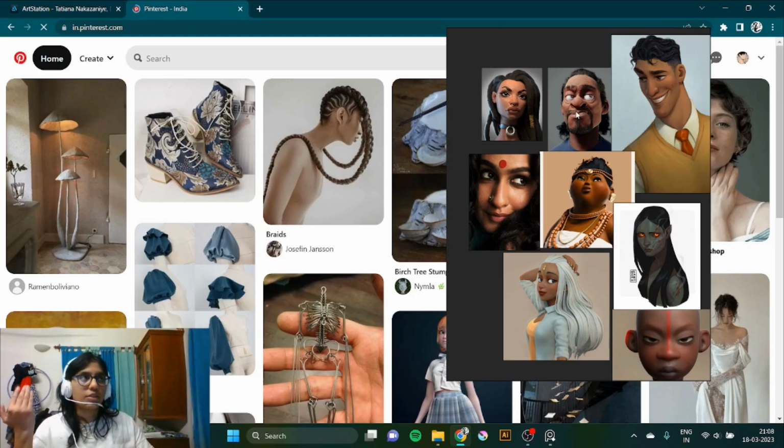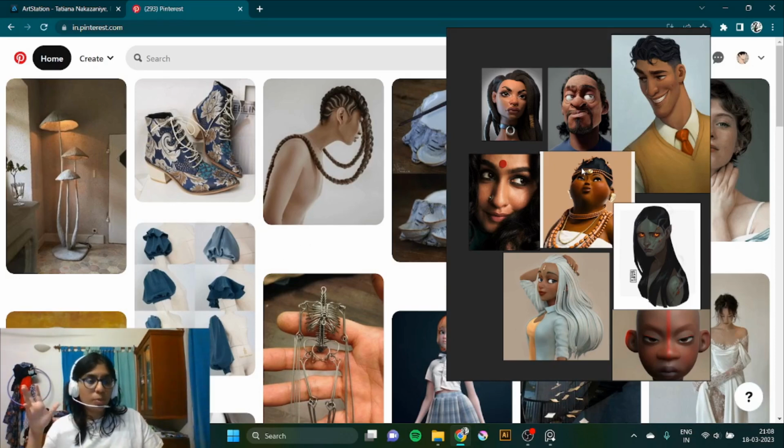And obviously, clothes and hair, and things like that are always informed by the character's background, like where they come from, their nationality, their culture. So that is going to require a little bit of research for your purpose.